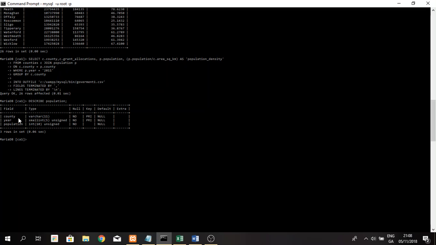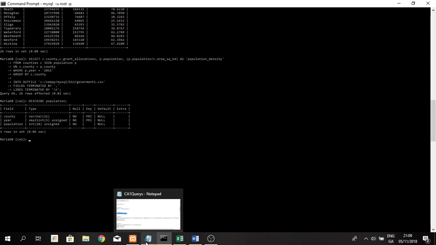I have 3 fields in it: county, year, and population. These 2 are primary keys. Well, it's the one primary key, just those 2 fields together make up the primary key because of the nature of the information that was in the table. And after that, I was asked to